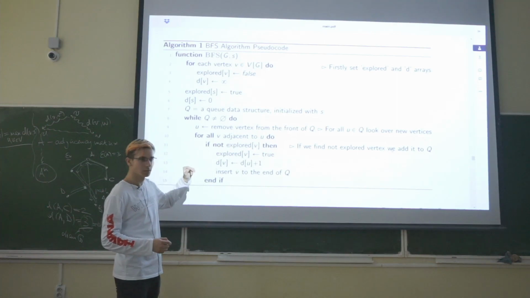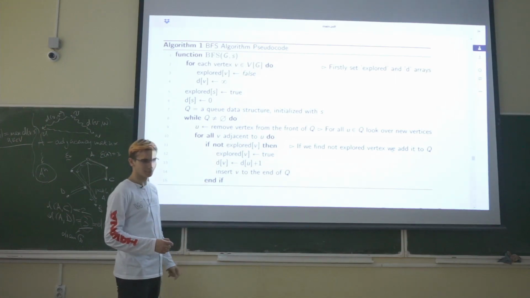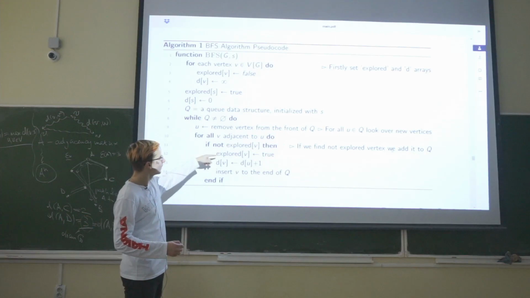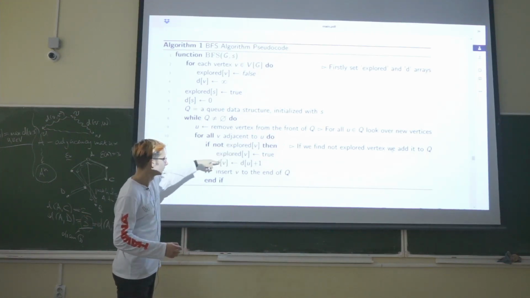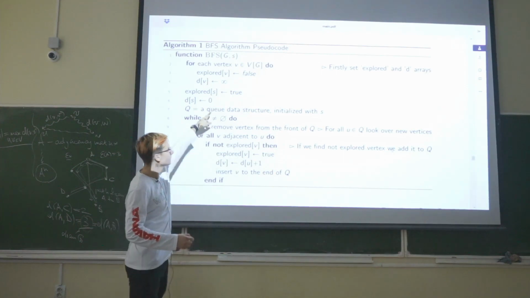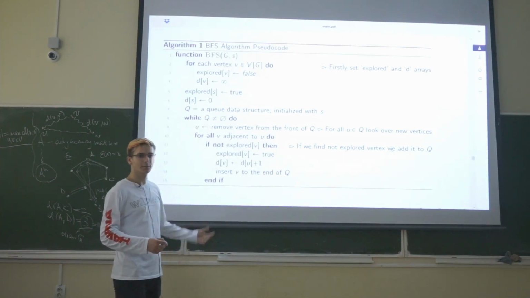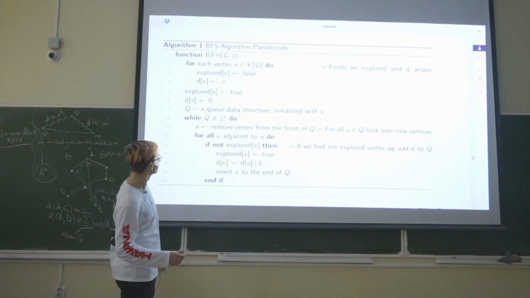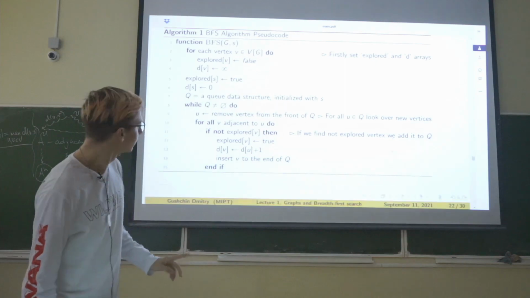Okay, and then we get from Q vertex U, and for all adjacent vertices, if they are not yet explored, we set the distance to them and mark them as explored now. Okay? And then we add the new explored vertices into Q and repeat our algorithm until Q becomes empty. Okay? So, for example,